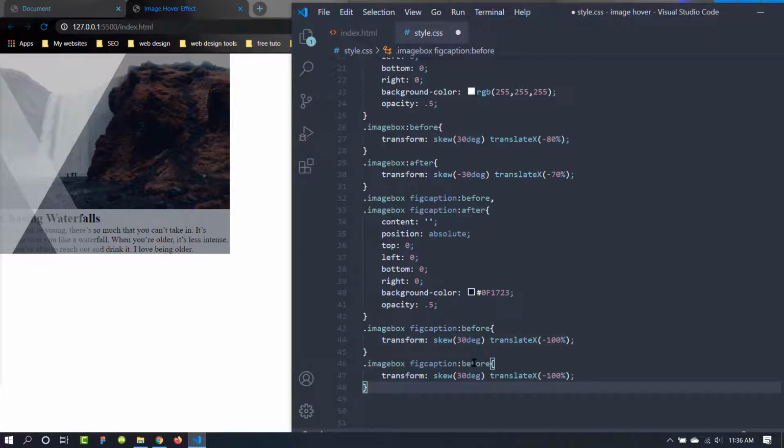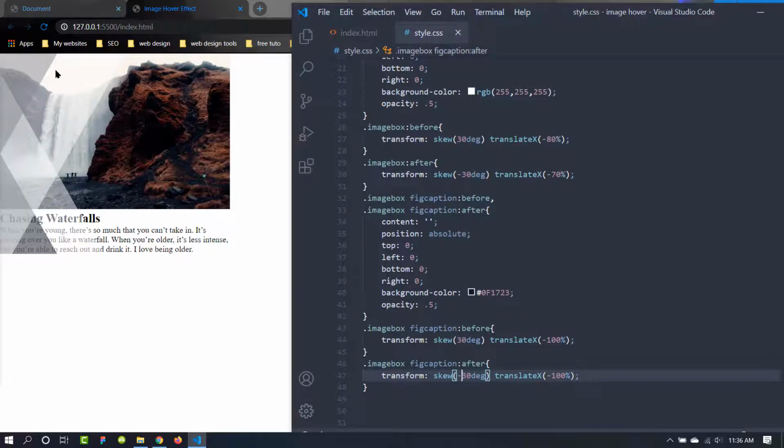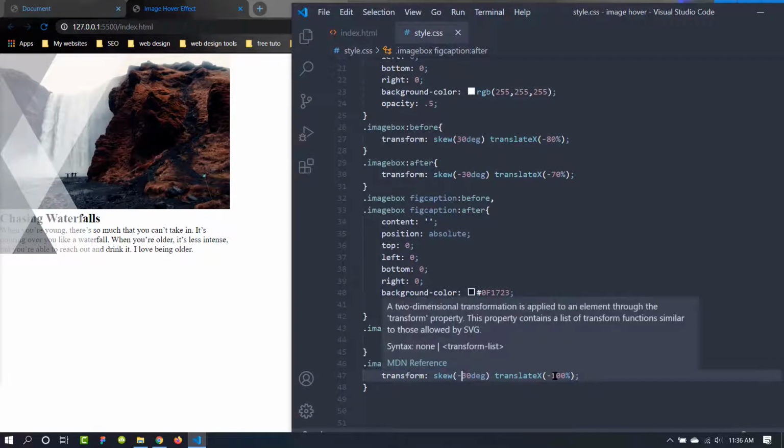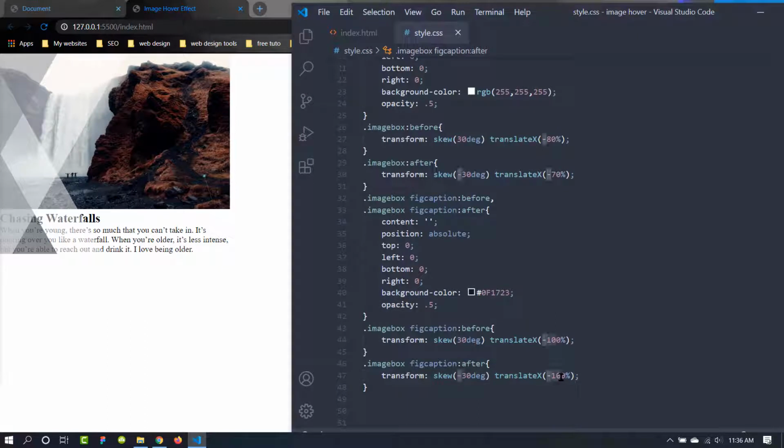Let's copy this, and it will be after. The skew will be -30. Now it will be at the top, and let's use -90% because in this case we have given this a value of 10% less, and we need to give this a similar difference with that to make it symmetrical. We have created our element, and now we need to apply the hover effect.